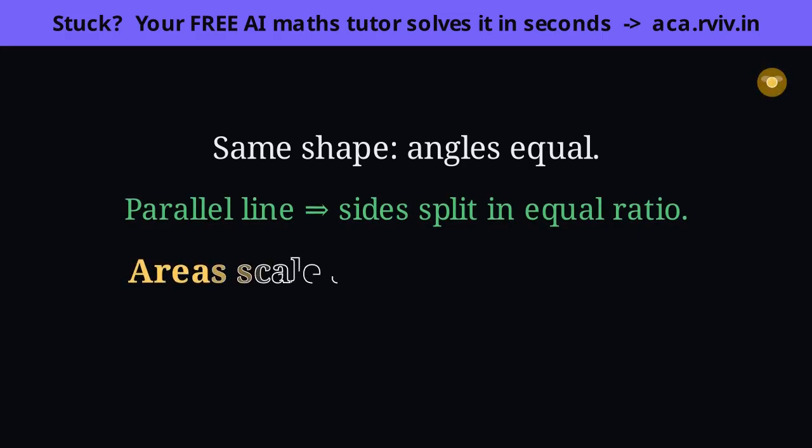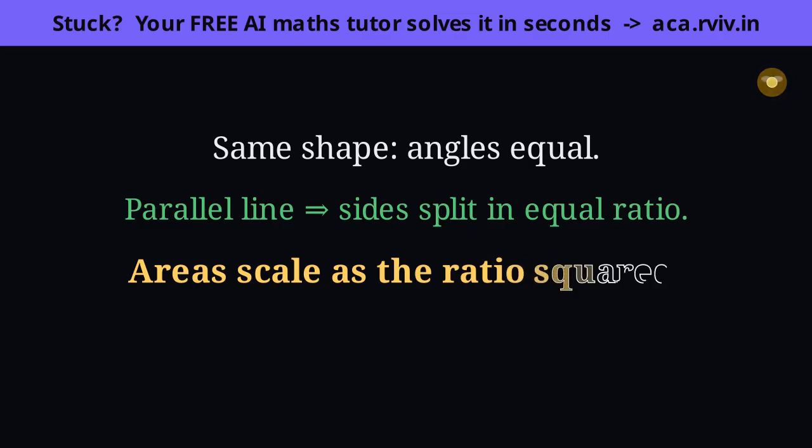And here's a bonus these ideas quietly give us. Drop the altitude in a right triangle and it cuts it into two smaller triangles, each similar to the whole. Chase those similar ratios and out pops a squared plus b squared equals c squared. Pythagoras itself is just similar triangles in disguise. Now let's prove all of this carefully and work every single example.